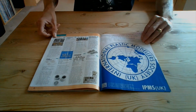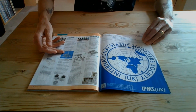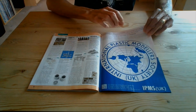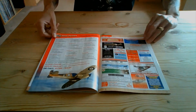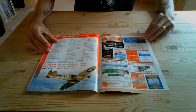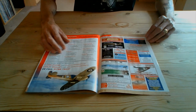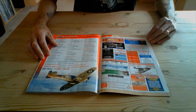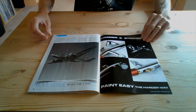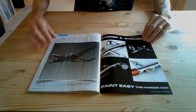More adverts. Over the page, there's more accessories, more PE, paint, resin parts, some turned metal cannons there. Now on this part, they have a page of Airfix retailers who are retail partners with them, so they'll get special mentions there. More adverts, and on the last page at the back, they have a picture of it's usually